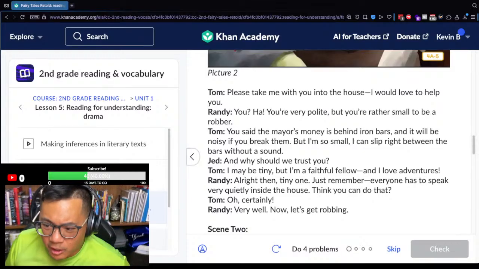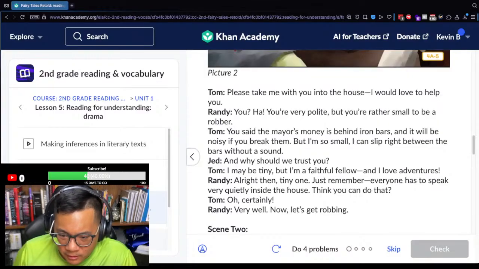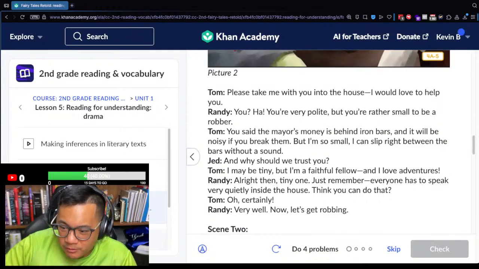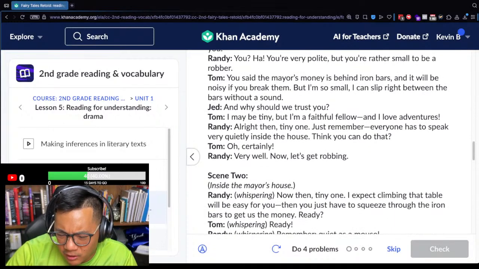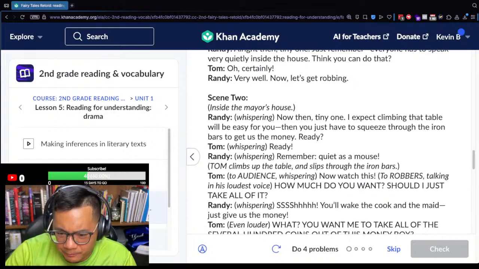You're very polite, but you're rather small to be a robber. You said the mayor's money is behind iron bars, and it'll be noisy if you break them. But I'm so small I could slip right between the bars without a sound. And why should we trust you? I may be tiny, but I'm a faithful fellow, and I love adventures. All right then, tiny one. Just remember, everyone has to speak very quietly inside the house. Think you could do that? Oh, certainly. Very well. Now, let's get robbing.